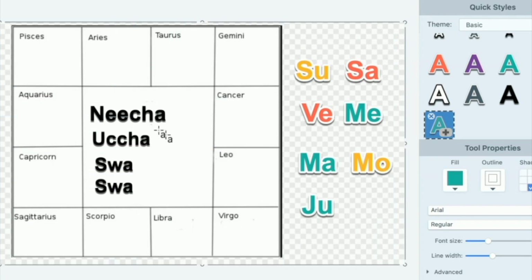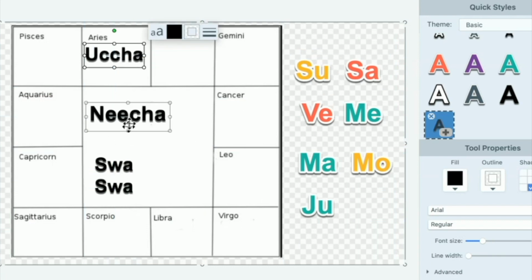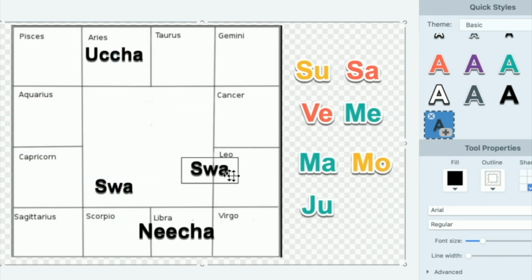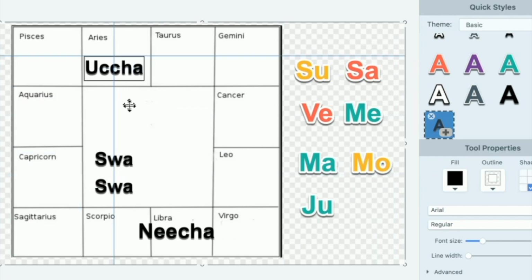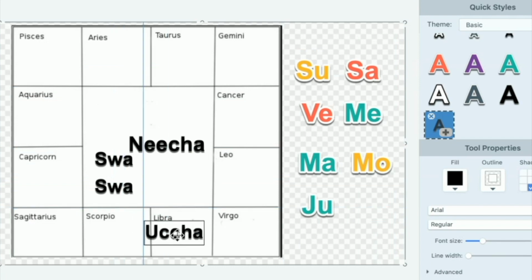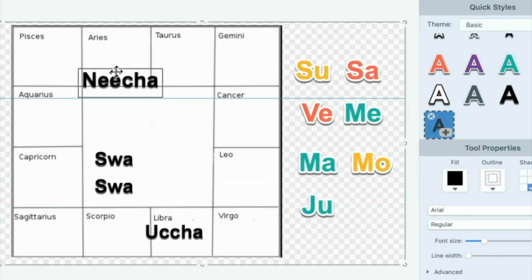Sun is Ucha in Aries, Nicha in Libra. And what does it rule? Sun rules Leo. Yes, good. Okay, now Saturn. It's opposite: Nicha in Aries and Ucha in Libra. Perfect, and